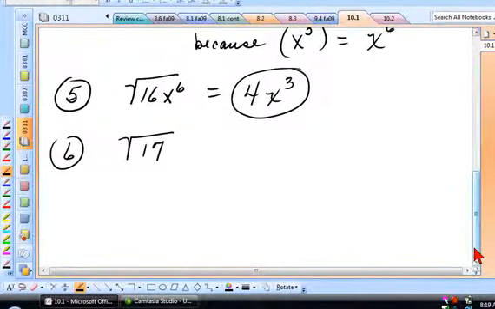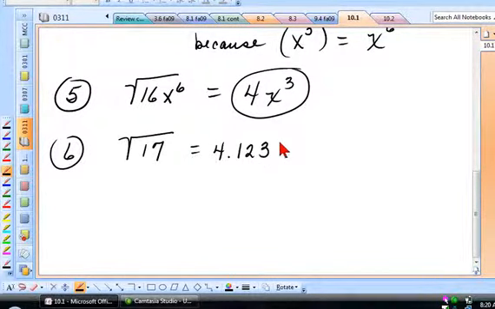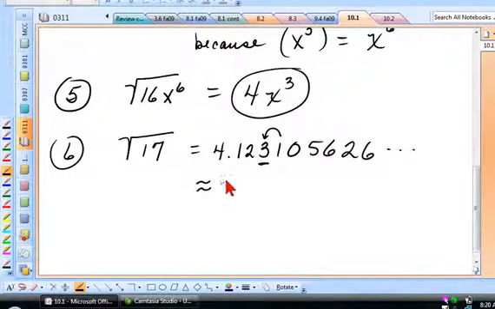So using your calculator, I'm getting mine out. I take the square root of 17 and I get 4.123105626, and then it's going on. What did the instructions say? Round to the nearest thousandths. Tenths, hundredths, thousandths is the 3rd place. What does the 1 tell you to do? Keep it the same. This is approximately